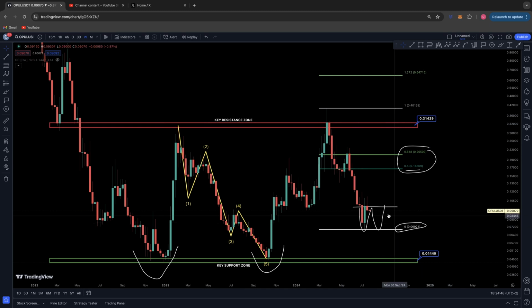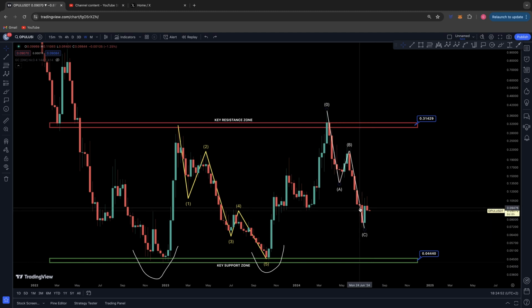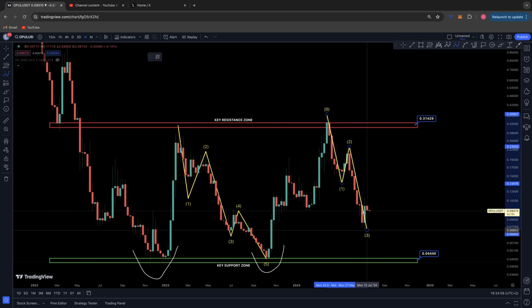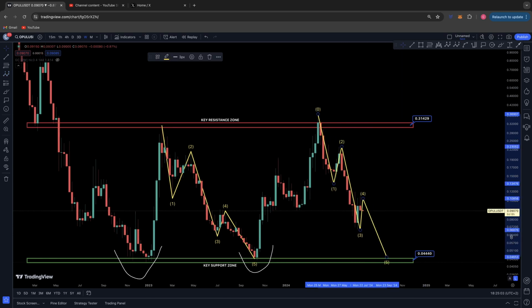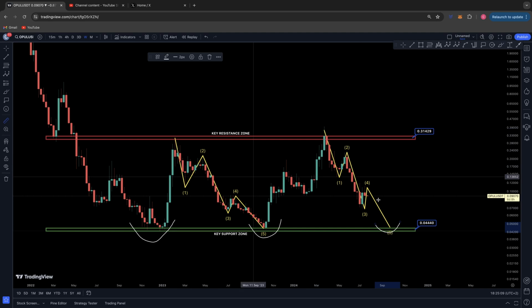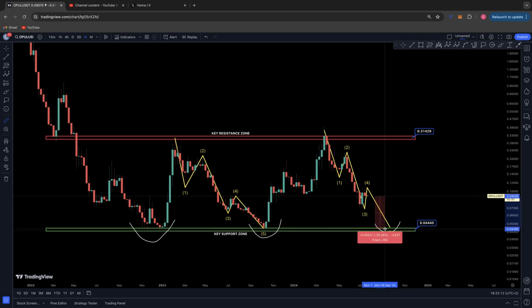But failing that, if this is not the low right now, we need to look at both scenarios. If this isn't the low and we are looking to come back for a further correction, what could potentially be at play here is we've got this wave 1, wave 2, wave 3. We've just had a very shallow wave 4, and then we're looking for our wave 5 back down for a triple bottom, back down to this key level of support, which I believe is about a further 50% move to